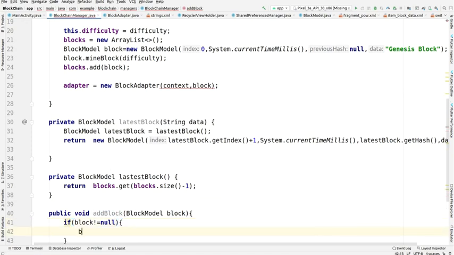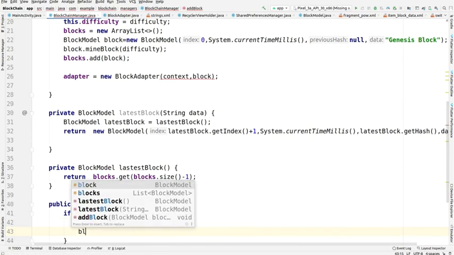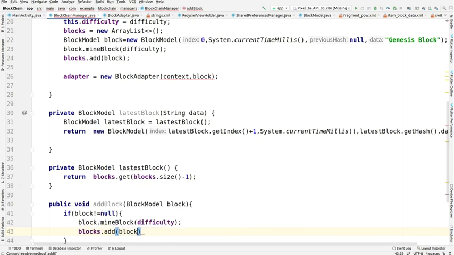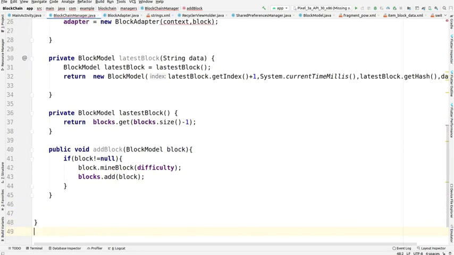Then within the if statement, we are going for block.mineBlock and passing the difficulty. So now we will just add up this block to our list after going to that mine block. Okay, and then one more function is needed, and it is for the validation. No, it is for the first block valid. Yes, it is for the validation of the first block.